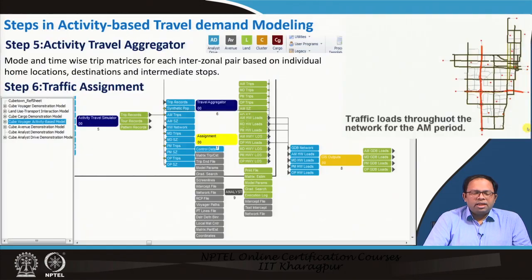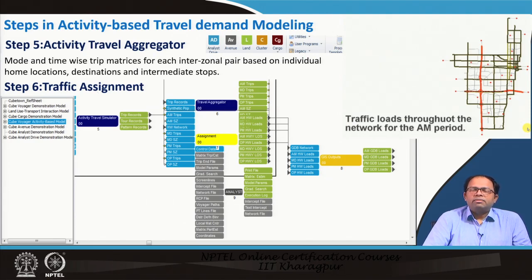So once we have done that, the next step is to aggregate all this, which is done by an activity travel aggregator. Over here you can see that all the inputs are coming: trip records, synthetic population, AM trips, AM highway networks, and then PM trips, and for all the different time periods we will get this data. This is aggregated, and then we finally do traffic assignment based on what we have discussed earlier.